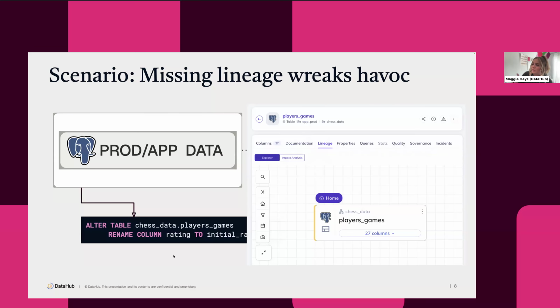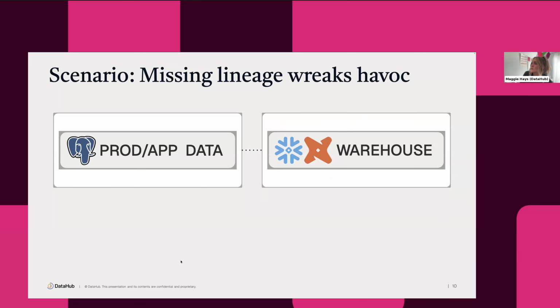So, for example, if we're missing that connective node, you may do your due diligence and go into DataHub and say, I'm going to rename rating to something else, right? But when you land there, because we're missing that lineage piece, you may actually get a false negative, being unable to identify that there are downstream dependencies. So, what we're going to walk through